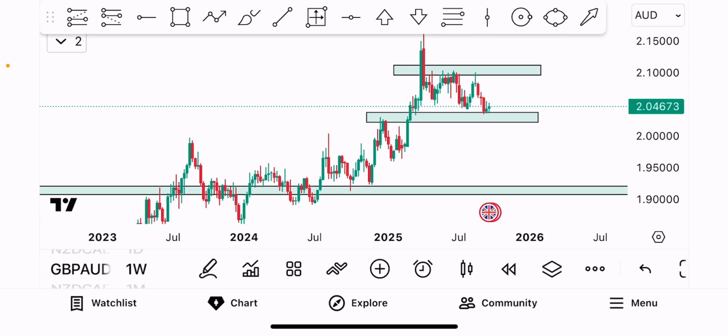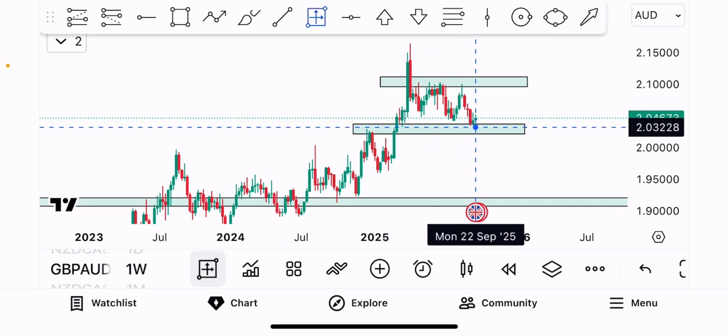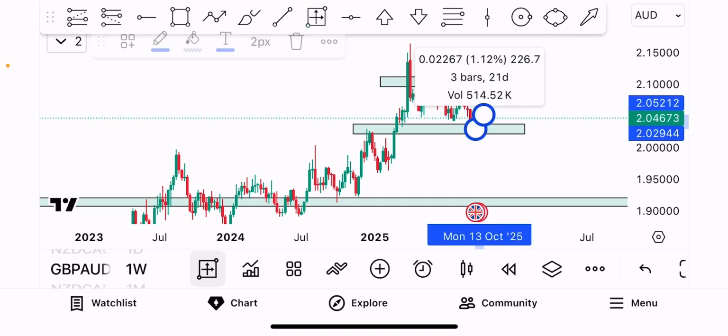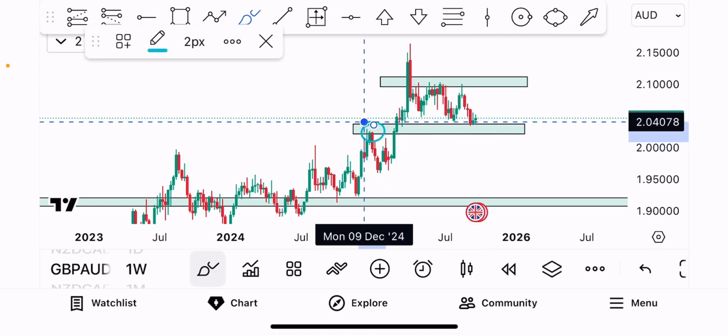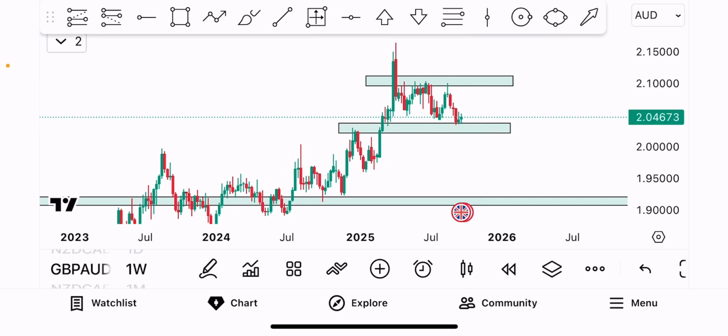So now, as we can see from the weekly time frame, price is retracing. Yes, it is trending from the monthly time frame, but from the weekly time frame we are seeing a kind of retracement, and price is close to the previous resistance turned support. And also if we measure from here, we can see that price is just about 1% up from the previous resistance level. What am I talking about here? The previous resistance turning into support. Okay, so the next thing I will have to do is to identify the immediate trend by going into the